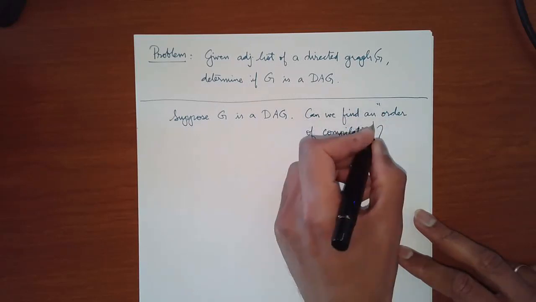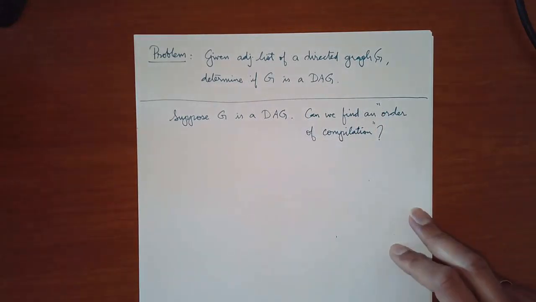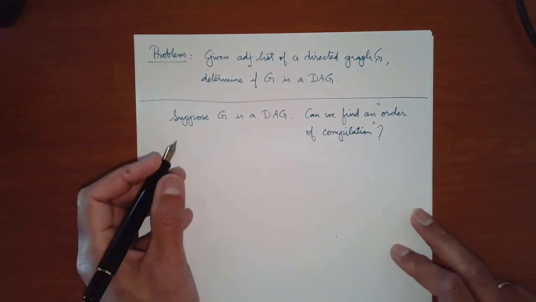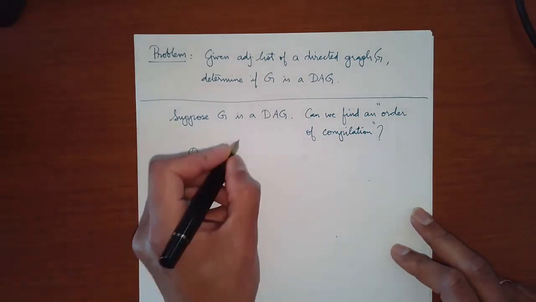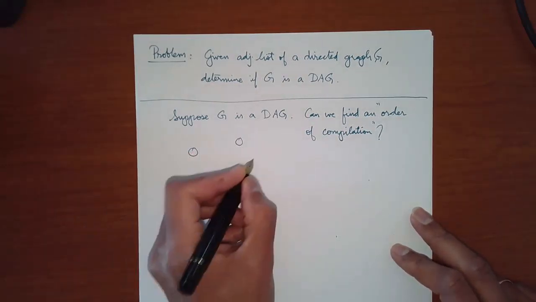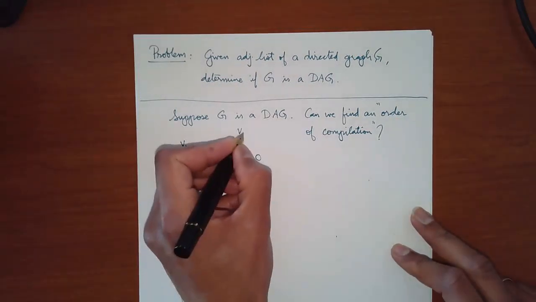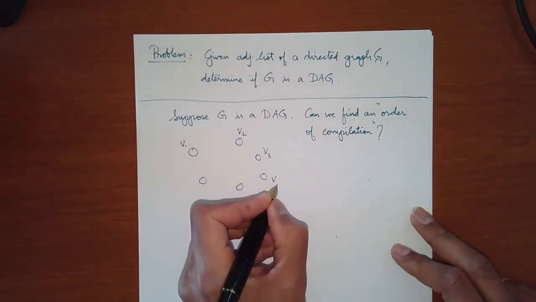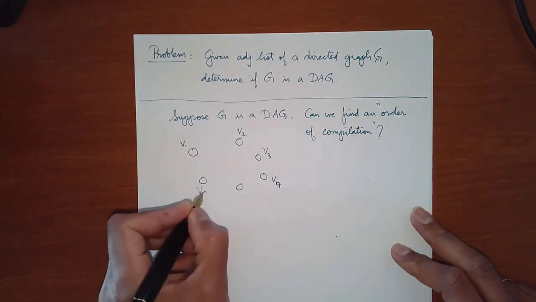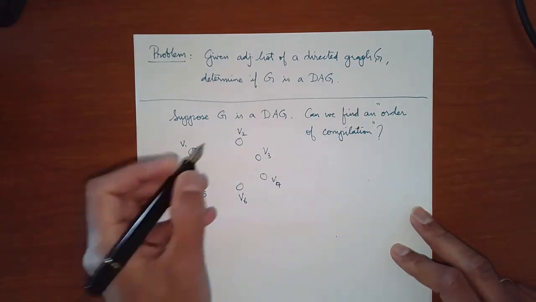Okay, so I'm going to put this in quotes. What do I mean by an ordering? So let's just draw a DAG. Okay, so this is V1, V2, V3, V4, V5, V6,